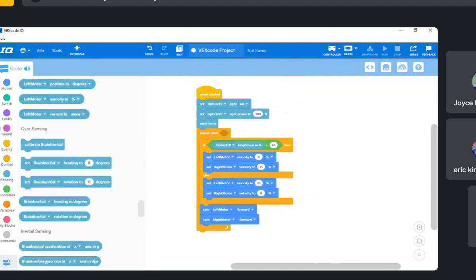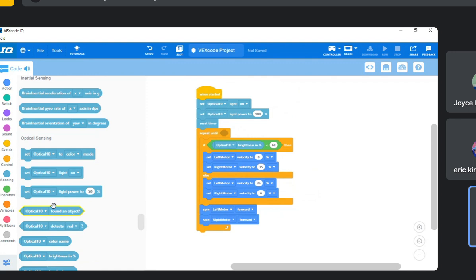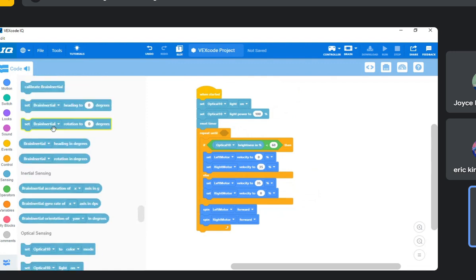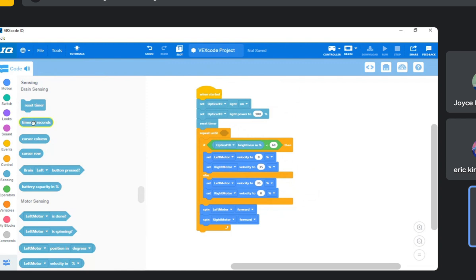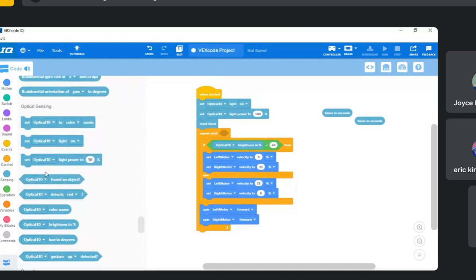So when you go to time in seconds, we want to do this. We want our robot to move for a particular time. Let's say it's supposed to go for about 48 seconds and then stop or do something else and stop following the line. So what it will do is this: